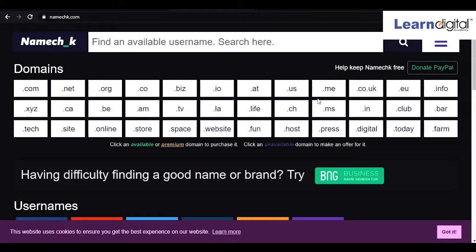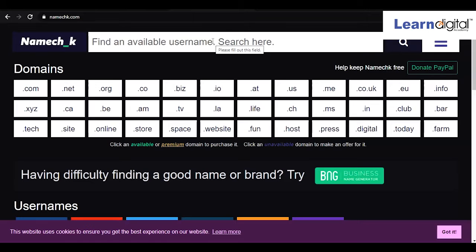And if you want to register the domain, first of all you need to check the availability of that domain, whether it is available or not. If it is not available with the particular extension, then you need to search with the other extension as well. So we'll take a random name and check whether the particular domain extension is available or not.